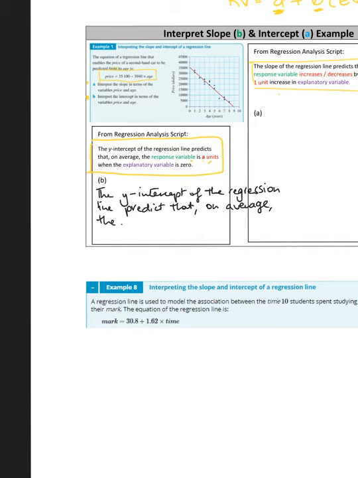I've come up to a part where I've got some coloured text, so I have to have a think about my equation. What's the response variable? What's the explanatory variable? Remember, our response variable is on the y-axis, so our response variable is the price. So predicts that on average, all you're doing here is writing down what the response variable is for your particular question. Our response variable here is the price of a second-hand car,